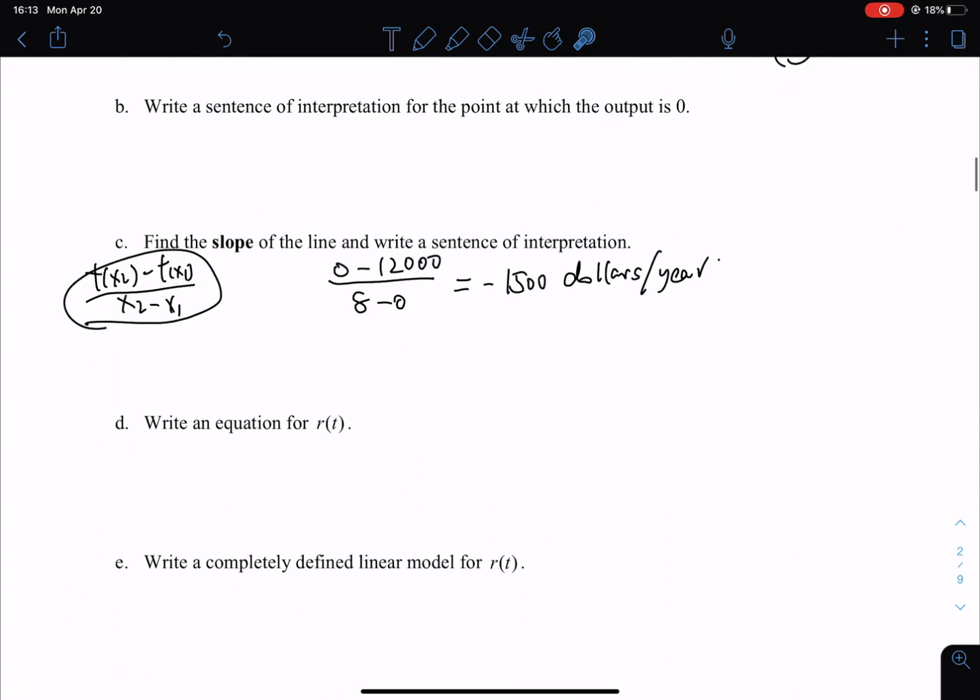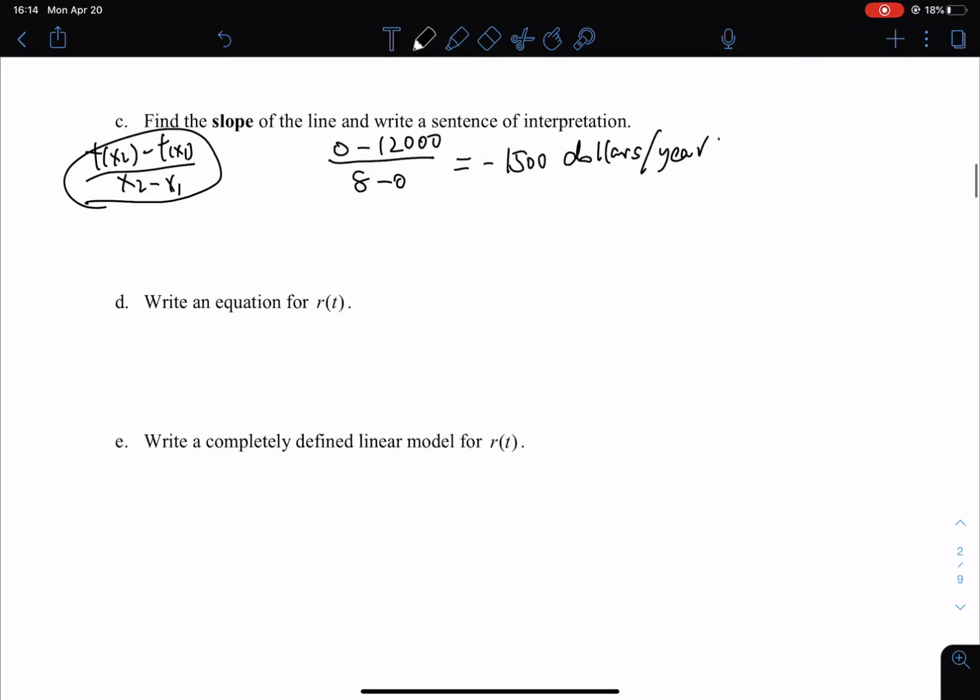All right. So next one, write an equation for R of t. Let's just finish it with part E, because E covers D. So the equation is just R of t equals minus